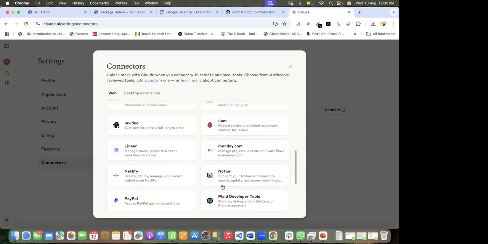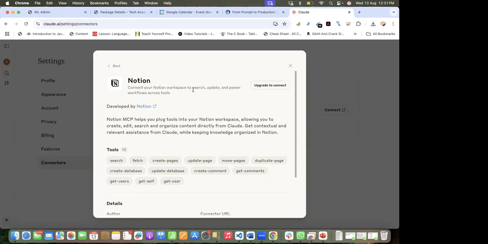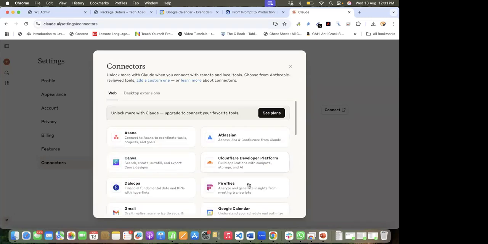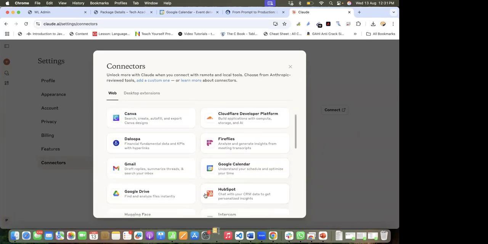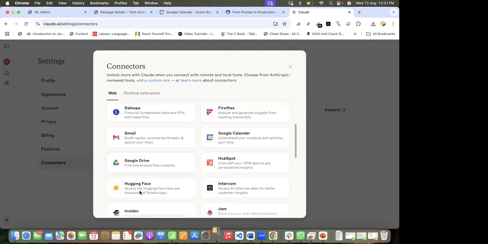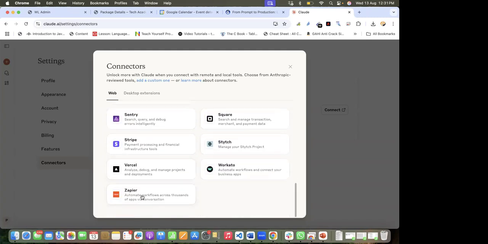I'm sorry, one second. So generally we will be using this in our client system. We will be connecting to Google Drive, or we will be connecting to the JPR in order to do it. So as of now,